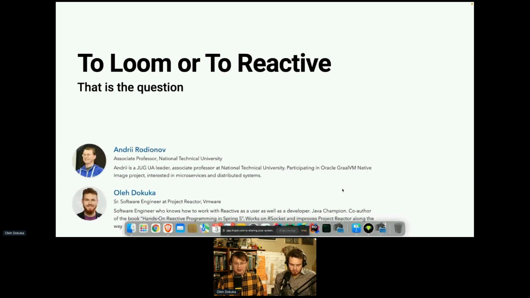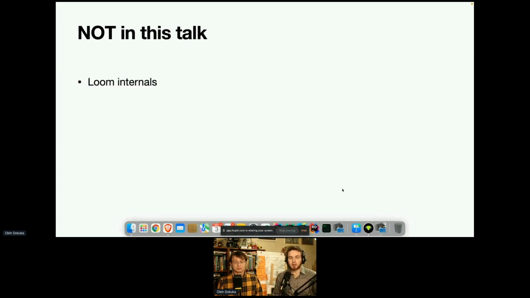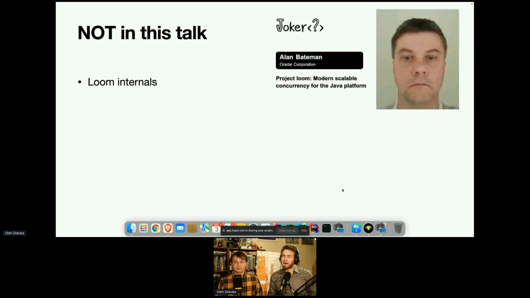Before we start, we want to say a few things. In this talk we won't be talking about Loom internals too much, because this has already been covered by Alan Bateman. He is another committer to JDK, to Project Loom, and he has a great presentation about Project Loom, more scalable concurrency for the Java platform.